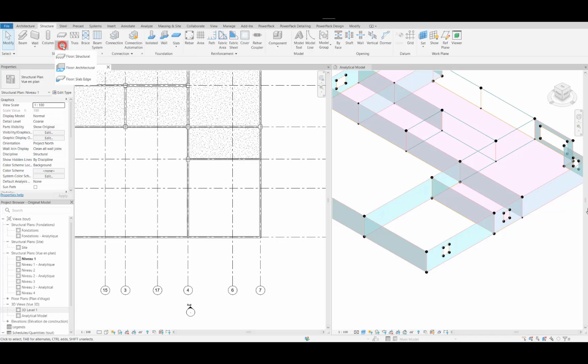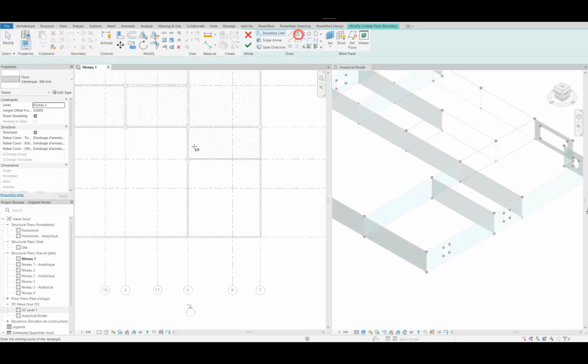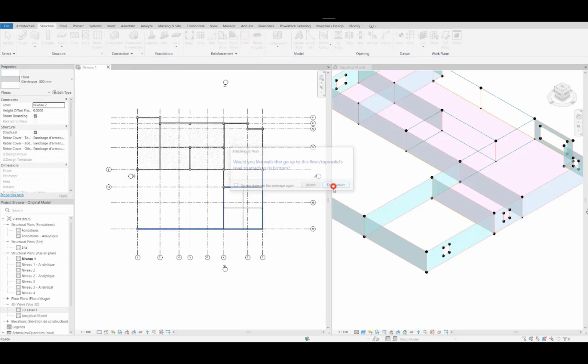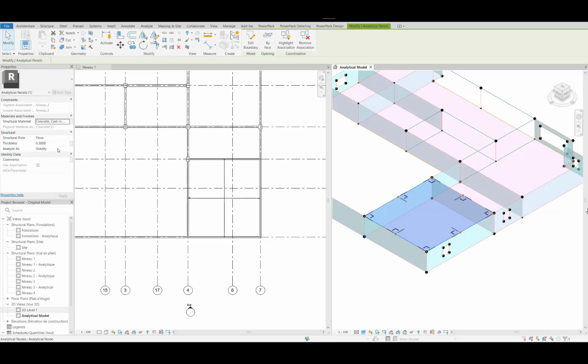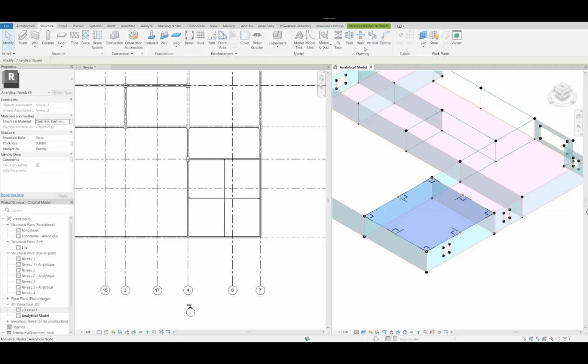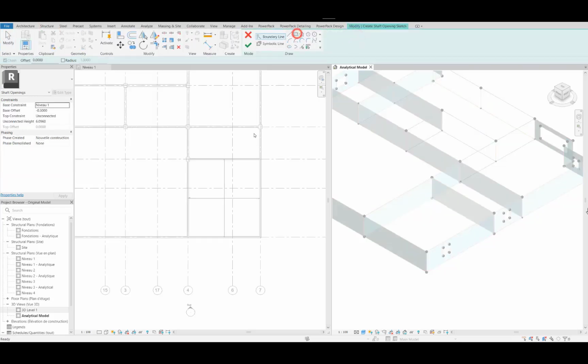You see, adding some windows will create openings. We will create a floor. So you see automatically a floor is added using the same properties: thickness, floor, the materials.